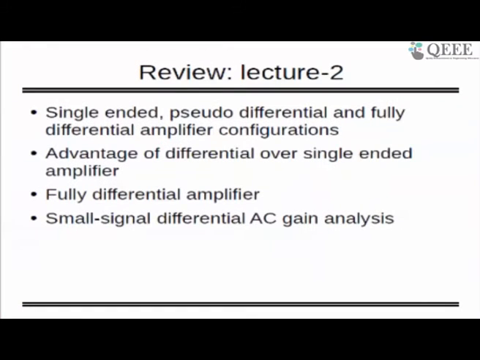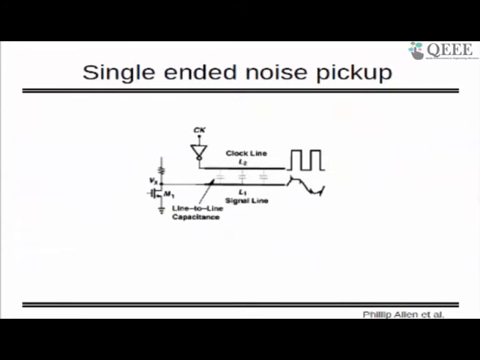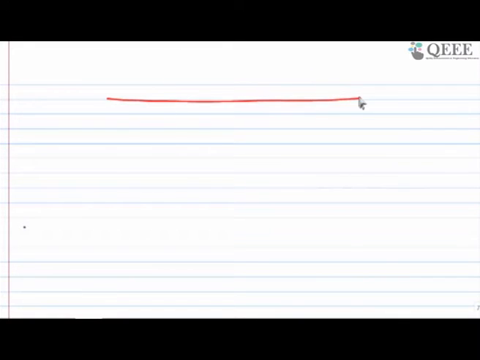Now let's go to the next part. Okay, so still, some of the things I thought I should show you is how single-ended and differential give you an advantage. So let's assume that you have the clock. Clock is coming from one through some inverter, and there is a line. So there is a line which is giving you a square wave, and there is another line which has a sine wave.